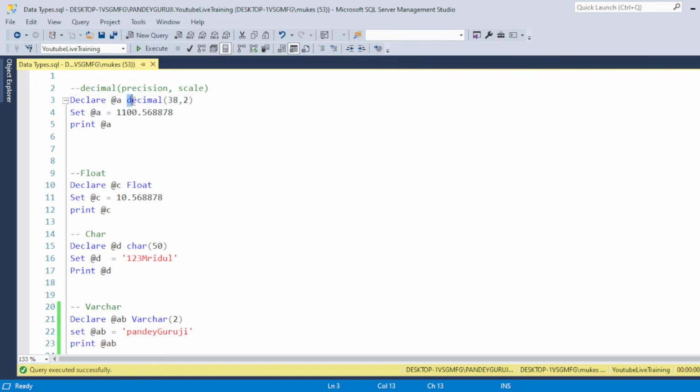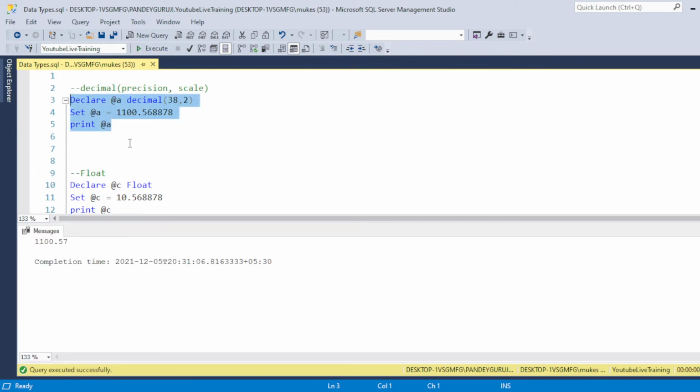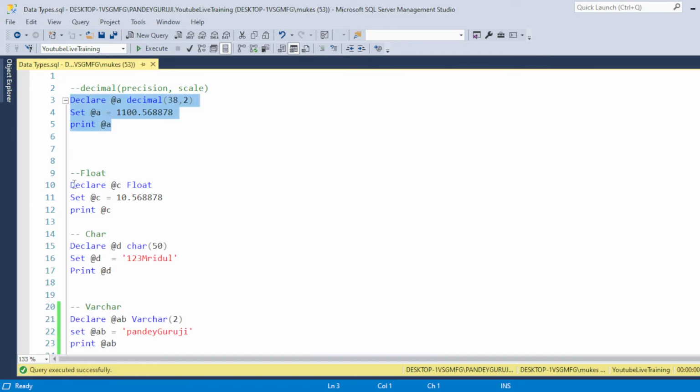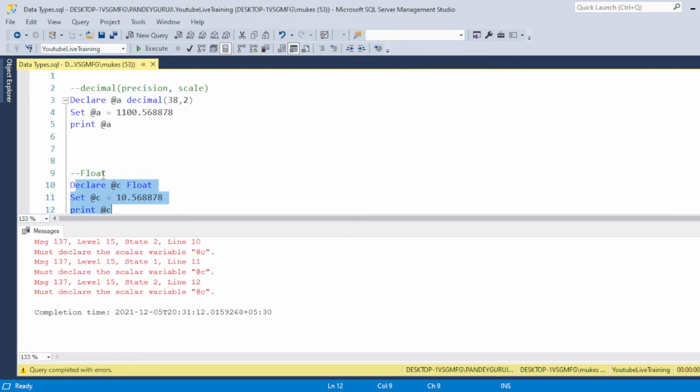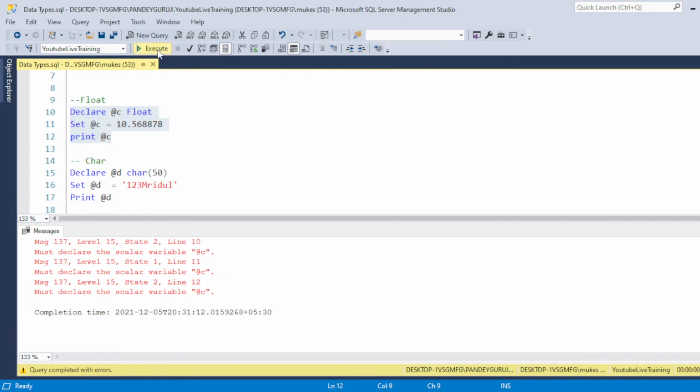Here I created a bucket which is used to store a decimal value. If you try to store another kind of value in this bucket, it will not allow it. So you can use decimal, same as if you want to use float, you can declare the variable as float. Here you need to select the complete declare, then you can print it.